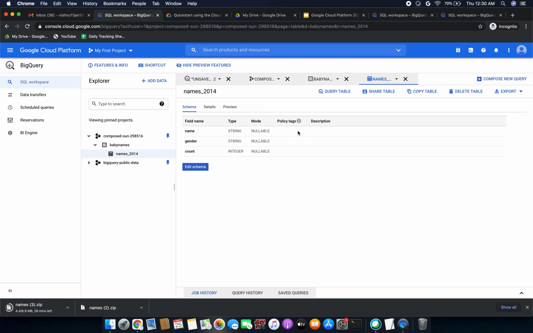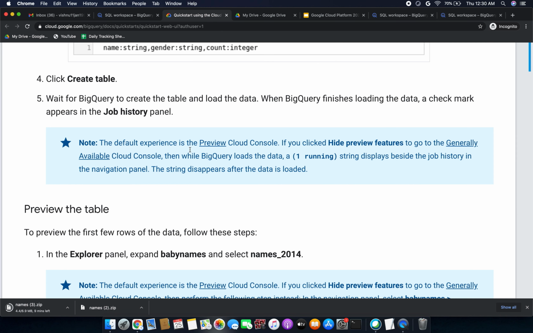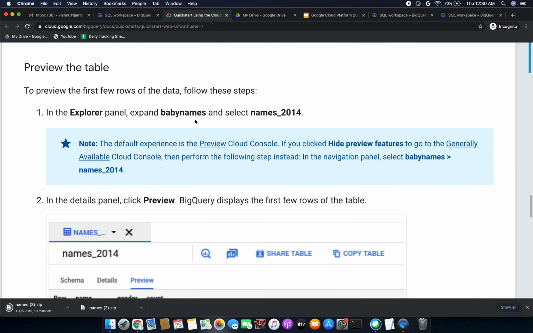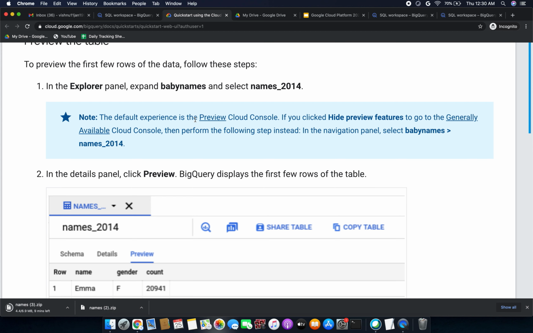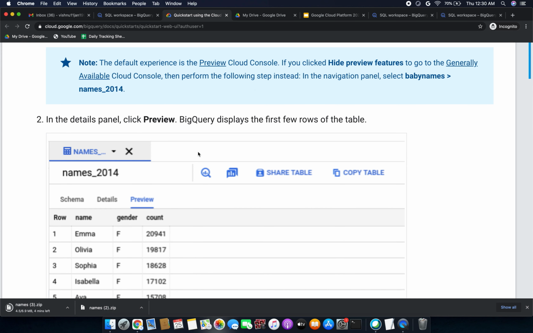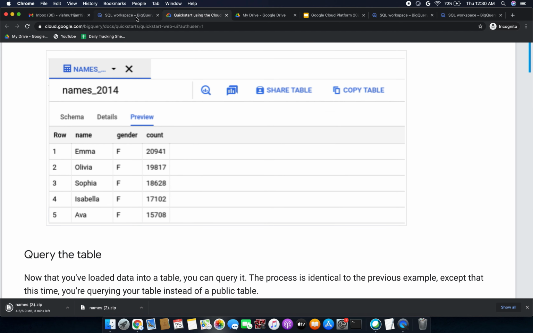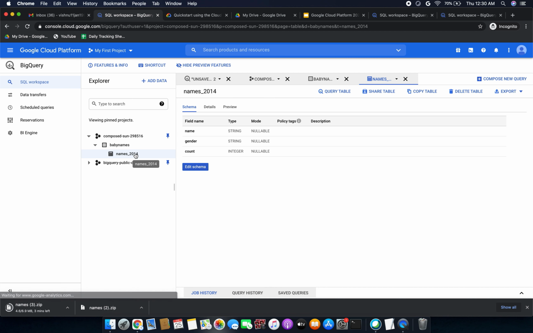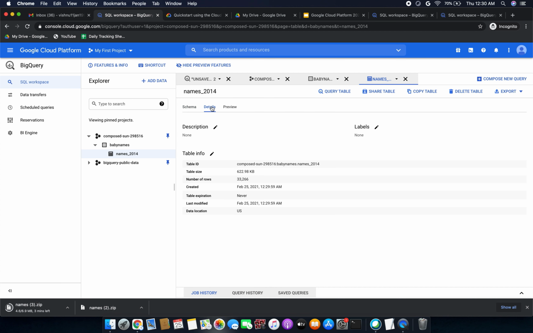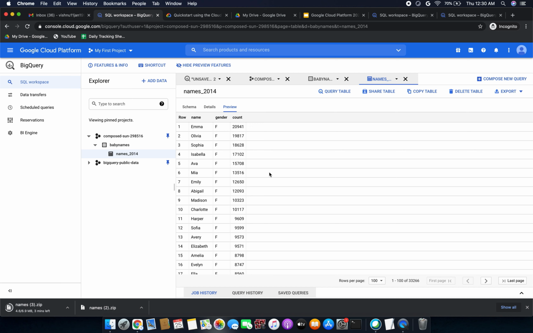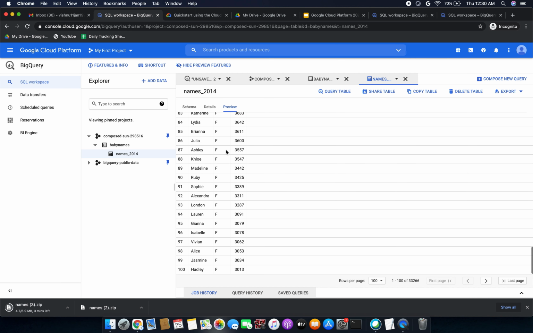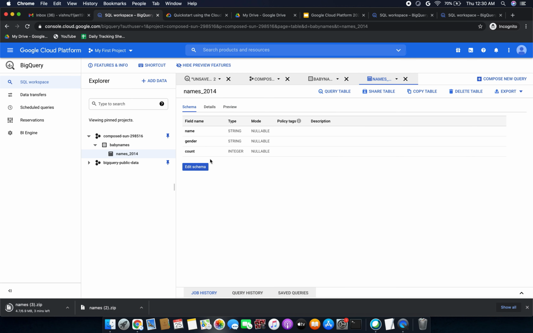So you can view this table. You can click the schema, the details, and the preview also. In the details panel, click preview. BigQuery displays the first few rows of the table. So you can select these names, details, and preview, and the schema also you can see.